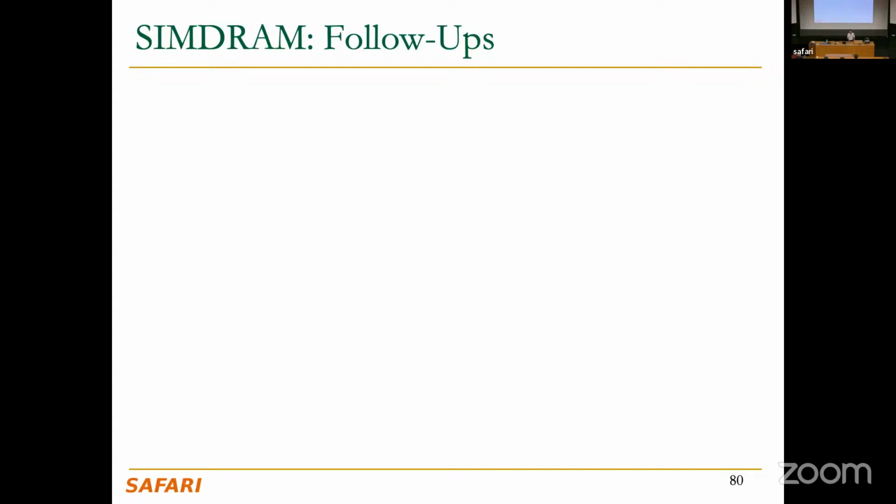Thanks. I think there was another question. Sorry, I have another question, which is kind of a follow-up. In terms of parallelism, say I want to do a lot of additions or multiplications, and they can all be done in parallel, so they're not dependent. What is the limitation of doing that inside of DRAM?